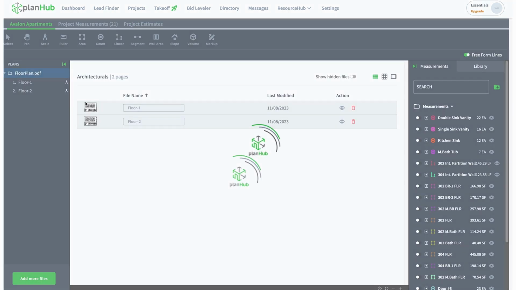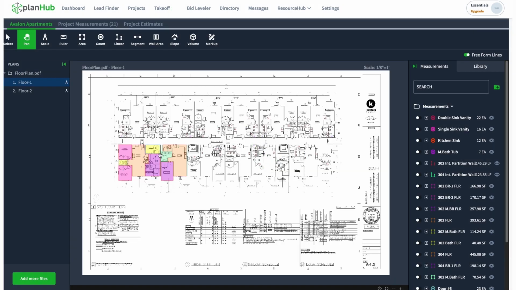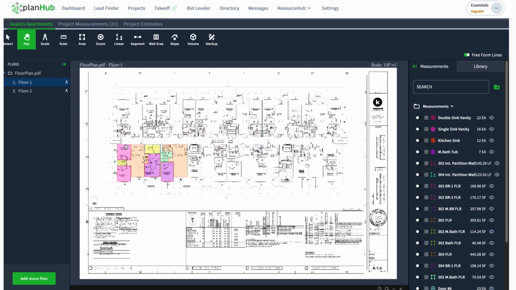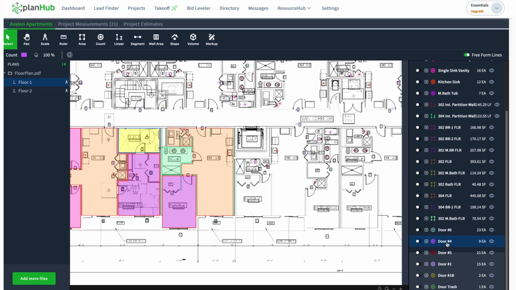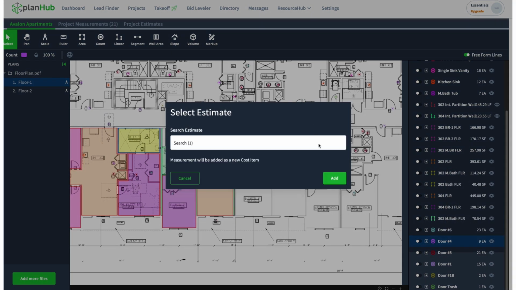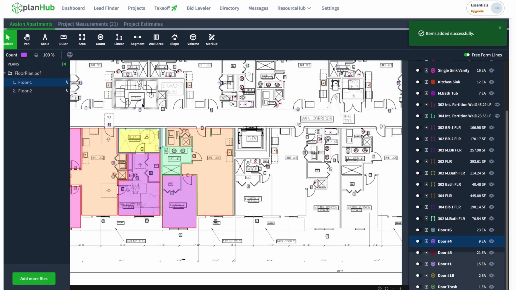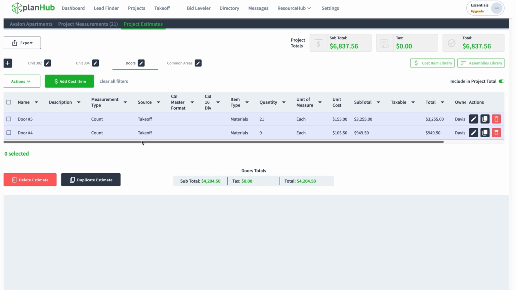Let me demonstrate that again. I'm going to select another type of door. Okay, this time I'm going to select one of these other doors down here, maybe door number 4. This one here. I'm going to right mouse click, add to estimate. I'm going to select doors, and I also have a unit cost on that one as well. So now if I go to project estimates, that other door came in, right? Door number 4, and you can see the unit cost came through, multiplied by the quantity,